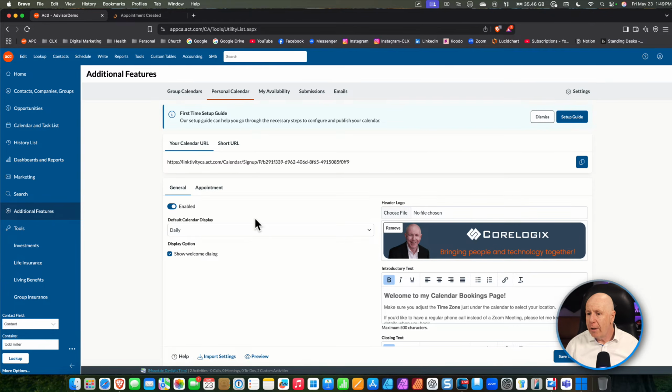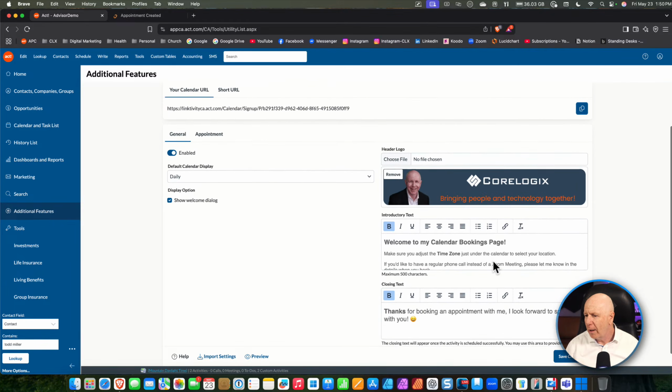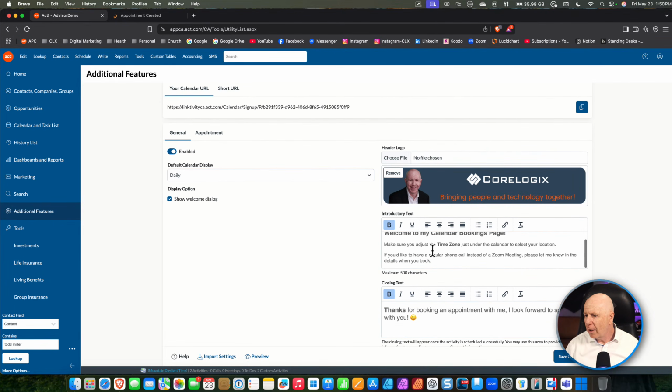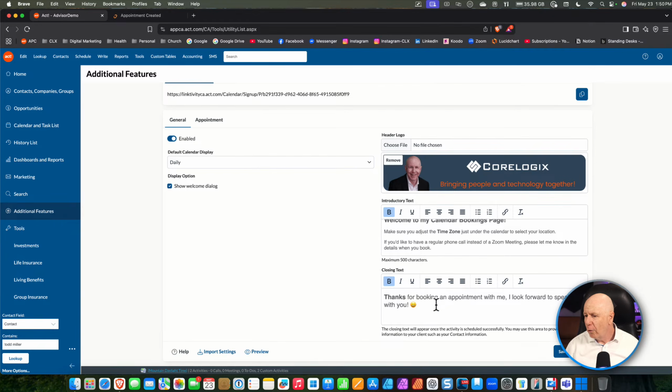But basically, you go in here, you can put in your short URL, your regular long URL, and these can be put in your subject, in your signature on your email. They can be put anywhere you want. And then you put your little header that you want. You can have your logo. You can have your picture with whatever you want to have in there. I just did something up quick that I had on my other one. Introductory text, closing text,